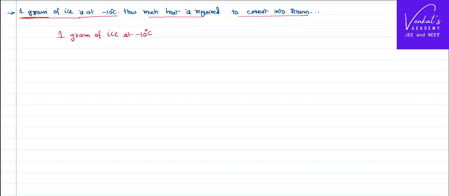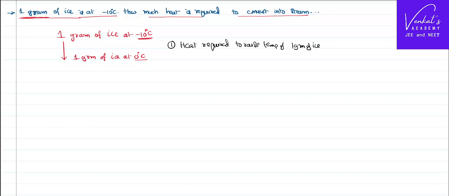If ice has to convert into steam, first of all it has to convert into water. Ice to water happens at 0 degrees centigrade, but ice is at minus 10. So the first thing that has to happen is this has to first of all come as 1 gram of ice at 0 degrees centigrade. So if the temperature has to rise from minus 10 to 0 degrees centigrade, we need to supply a certain amount of heat, right? So in step 1, heat required to raise the temperature of